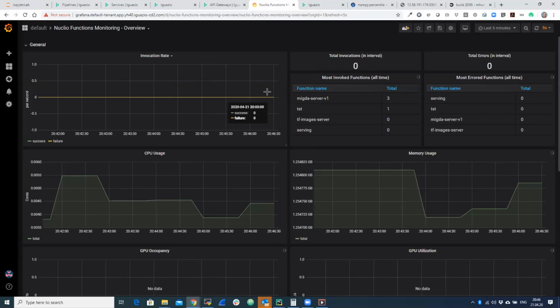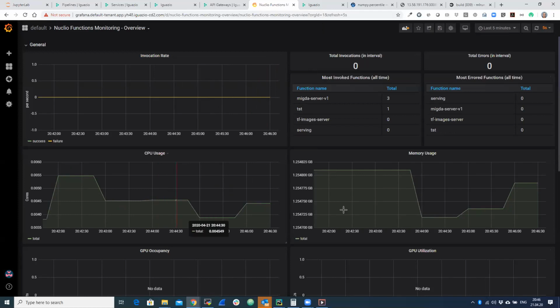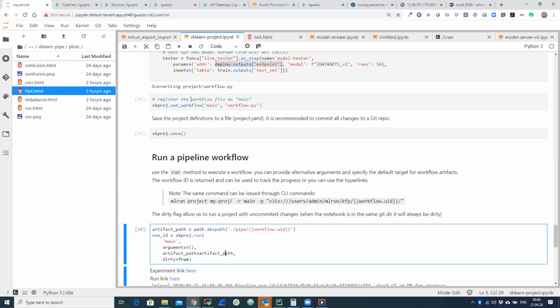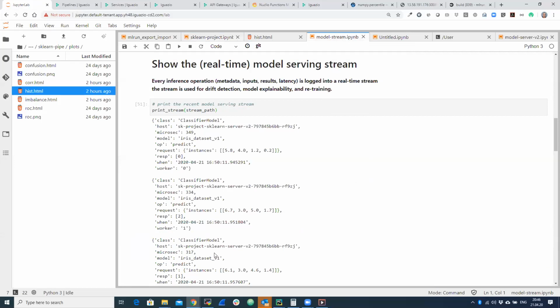Part of the way that it's monitoring all the behavior of my model is because those serving functions that we wrote in 20 lines of code, another thing that they do, they also stream all the results of the inferencing, the requests, the responses, the duration of the inferencing, and all the other information.